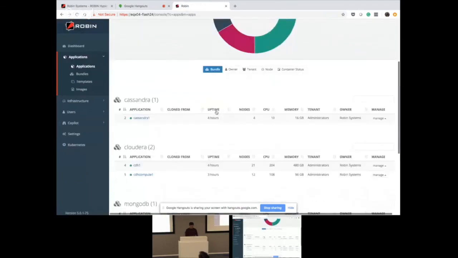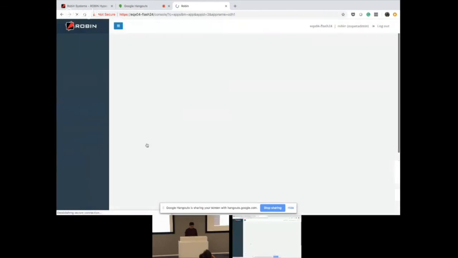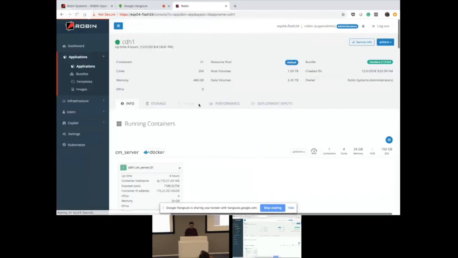So I have deployed a couple of applications. I have Cassandra, Cloudera, MongoDB, Apache Hadoop, and SDP. You can just click on a bundle, click on provision application, and they will be ready within minutes. So look at CDAP. The beauty of this is that all these applications are sitting on those 5 node clusters, with multiple applications running on the same node without competing for resources with each other.